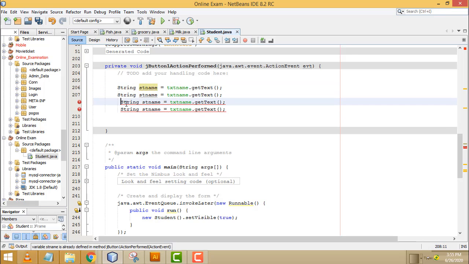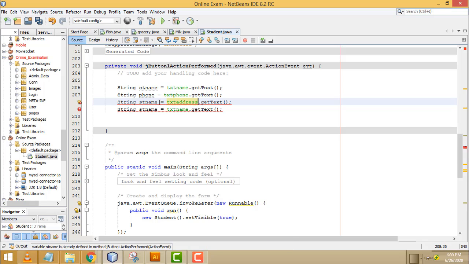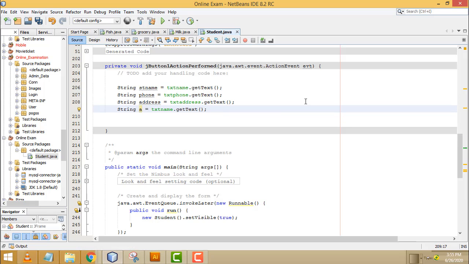This one should be phone, txt phone. This one should be address, String address. Age, txt age.